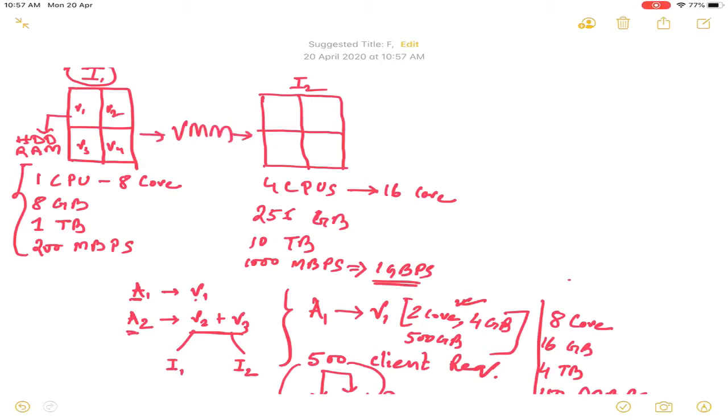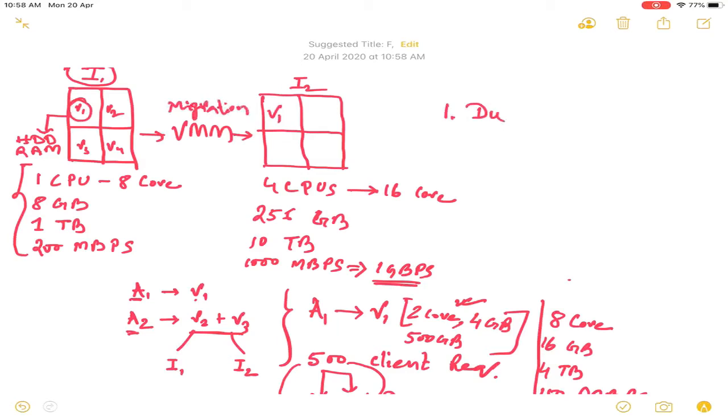It will take virtual machine V1 from here and allocate it to the new infrastructure where it's supposed to go. This process is nothing but the migration process. At this point, we get to see 2 problems. Number 1, the first problem is